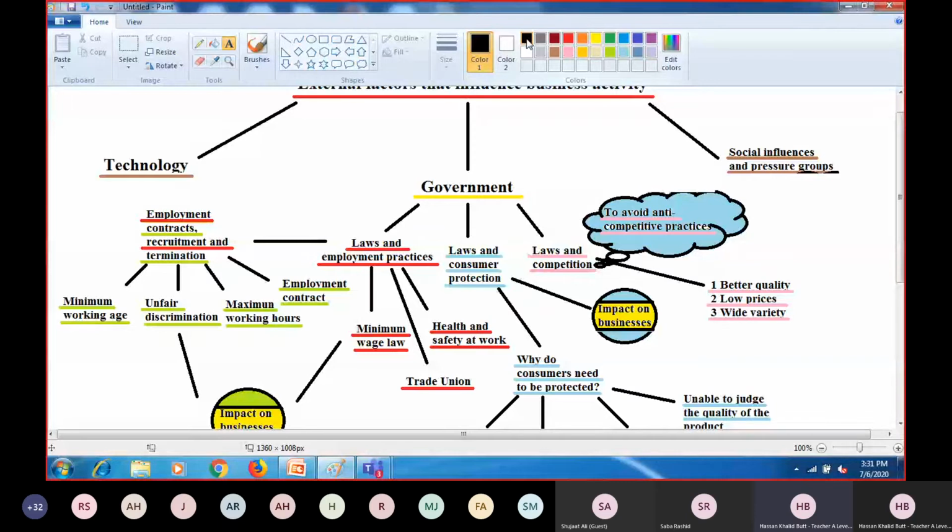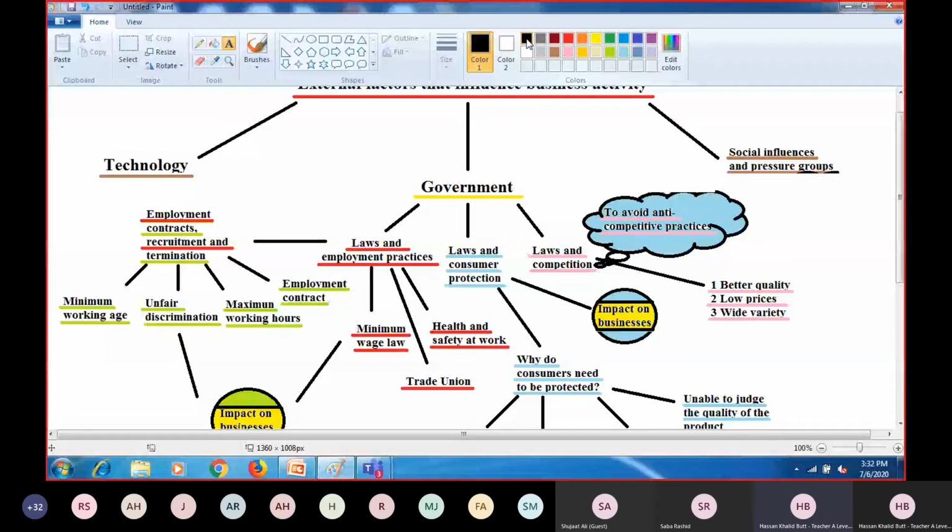Then termination. Again, you cannot simply ask the worker to leave, as I told you earlier, unless and until there is a very strong allegation about that employee, and there is a solid proof about it as well. And the employee must be given ample opportunity to speak, and for that a show cause notice can be given to the employee as well. If the employee does not come up, then it's fine. You can simply terminate the employee. That is a legal way to fire a worker. Otherwise, you have to listen to the employee as well.